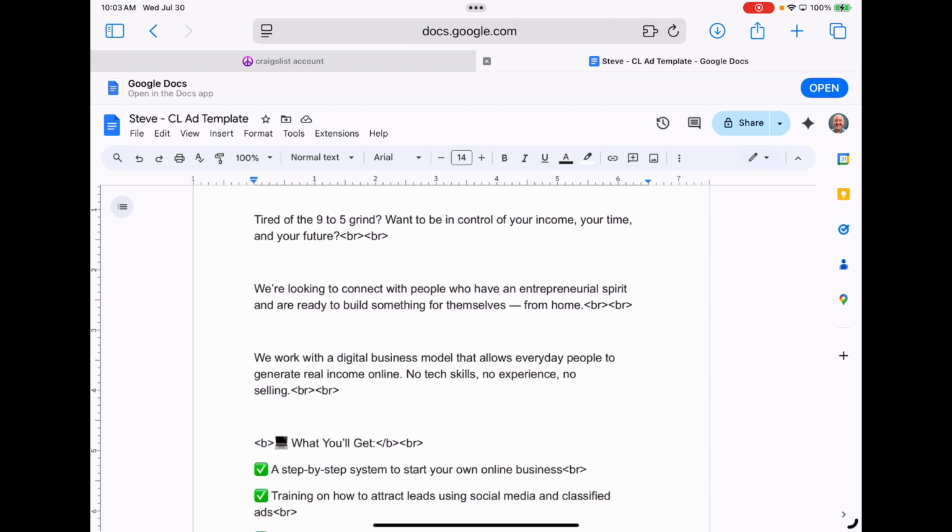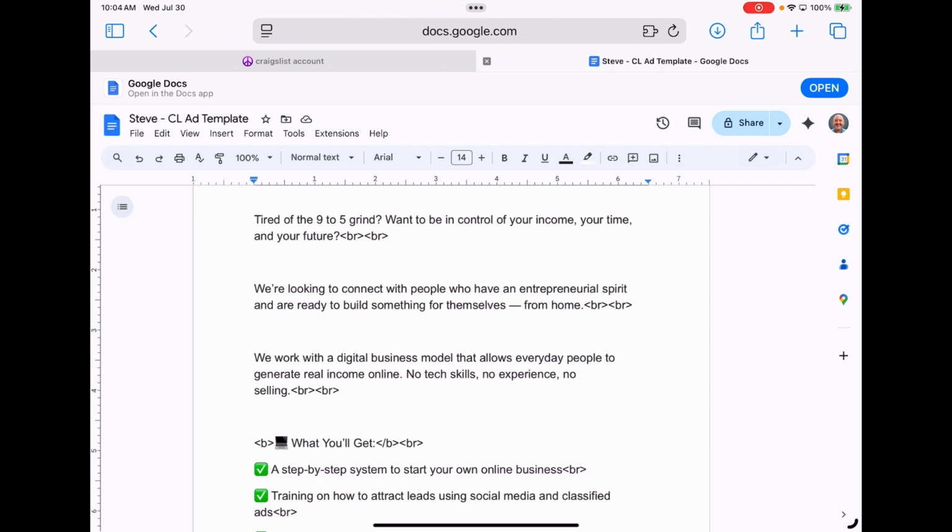Now, the only thing I wanted to tell you, and again, don't copy this 100%. The only thing I did want to show you is for spacing. There is some HTML, and if you tell ChatGPT you want to post it in Craigslist and you want to have HTML included, it'll do that for you. But I just wanted to kind of show you anyway for spacing.